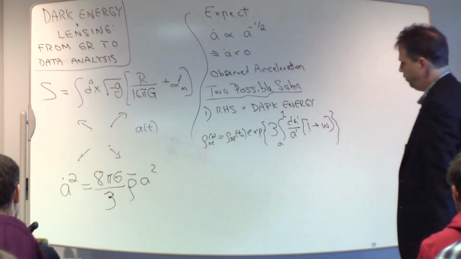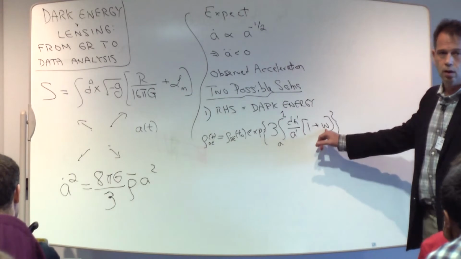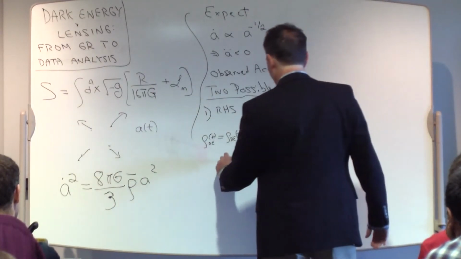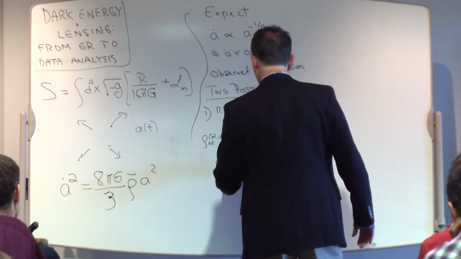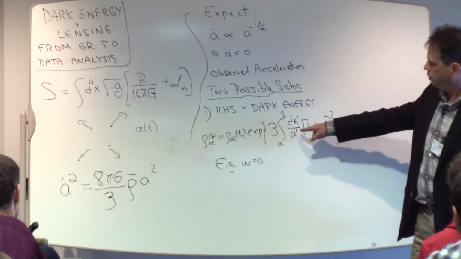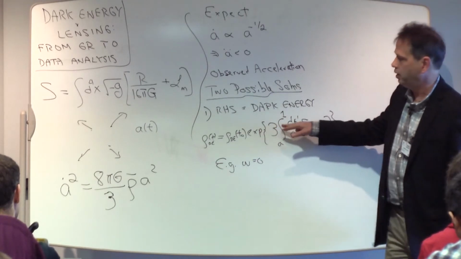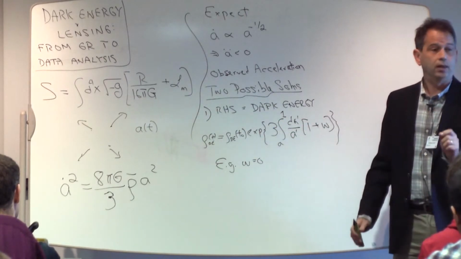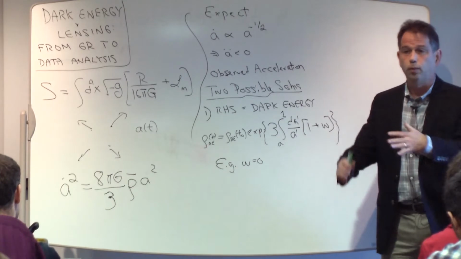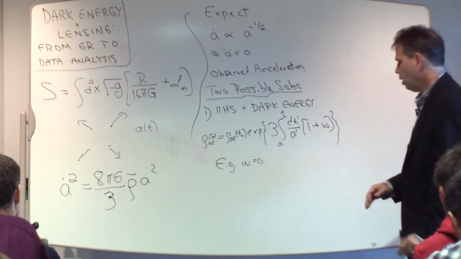So this is the way it evolves with time. W here is called the equation of state. For example, ordinary matter has W equal to 0, and therefore when you do this integral, it just becomes minus log a. So e to the minus 3 log a is a to the minus 3, which is exactly the result we found before, right? That normal matter just gets diluted as a to the minus 3.